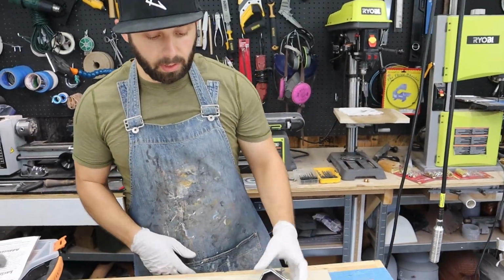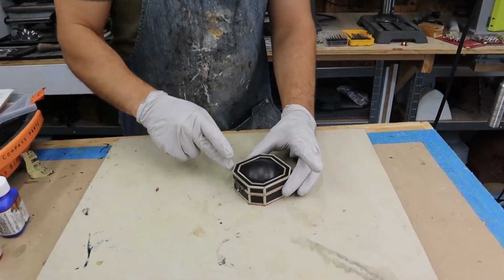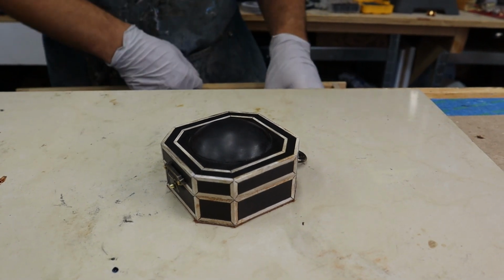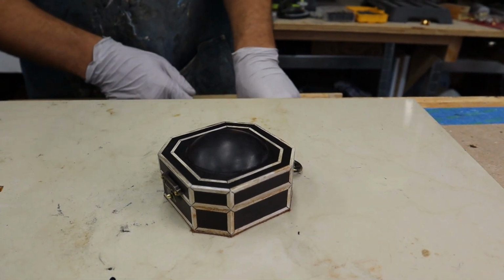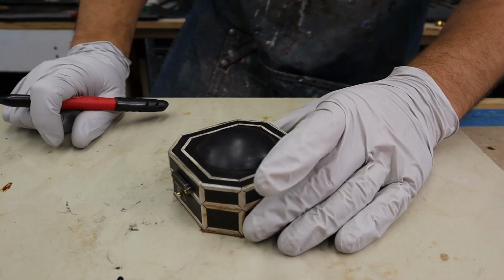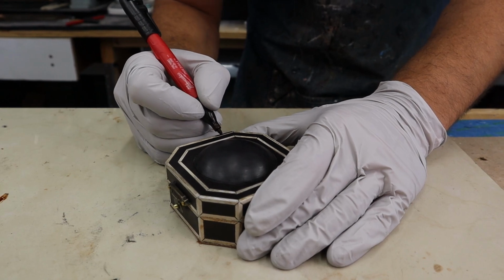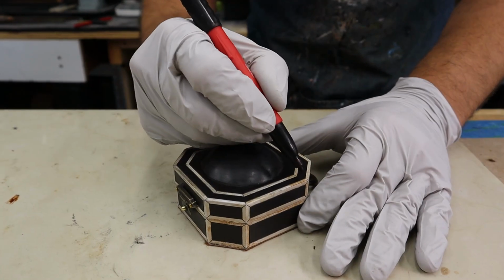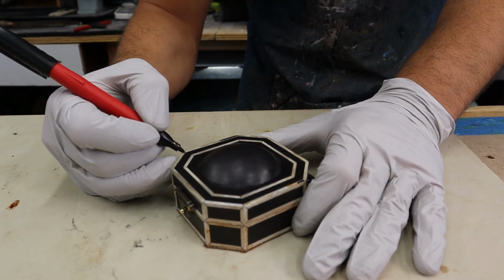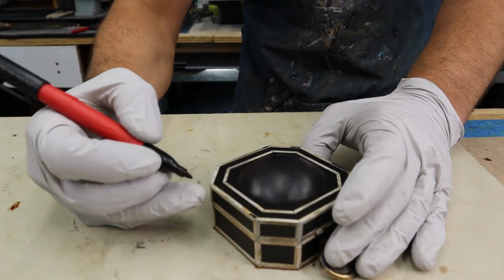The next step that we're gonna do is add all of the famous chipping along the top edge of Jack's compass. Okay, and what we're gonna do first, before we do that, is map it out. I've done a lot of these, so I kind of know where they all are. I've got one over here, another teeny one that goes over here, another one goes over here, one here, and